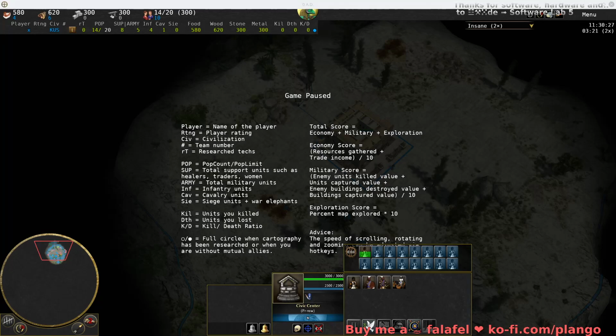Okay, we are recording at the moment. Yes, some hints. I think that's the pause button. If you pause, then you could read the shortcut, writing. So you see that CIV is civilization, RT is researched techniques. Here you see the research techniques. I'm not quite sure. Population, of course, population count of pop limit. You see